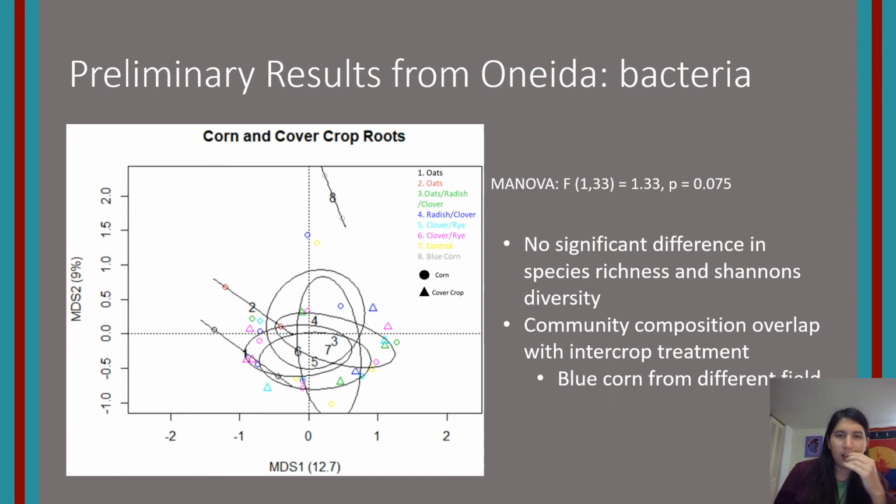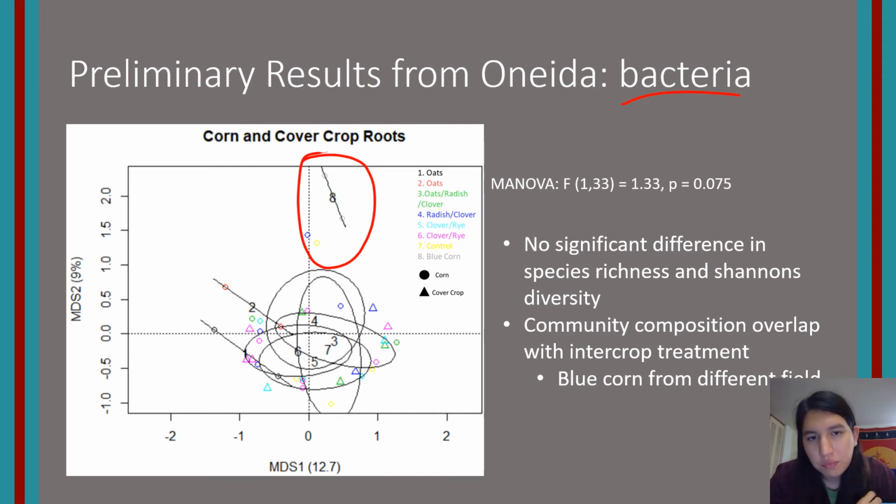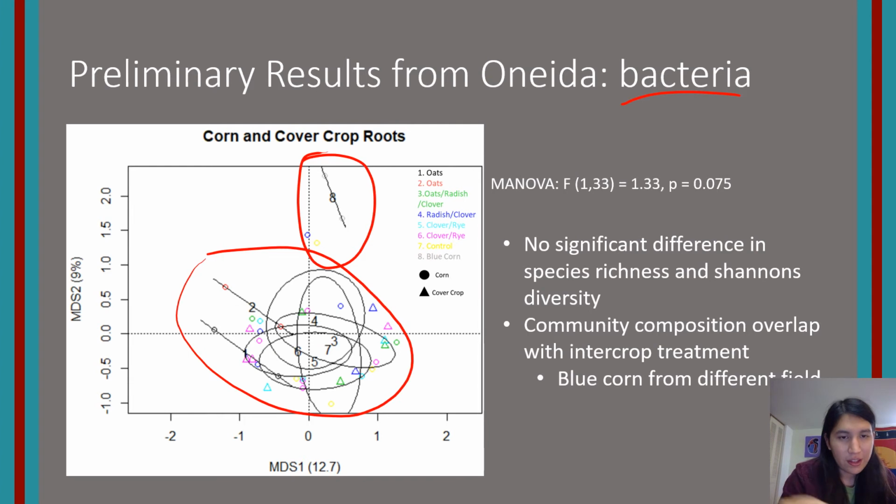and so that was for fungi. This is for bacteria data. So it's something that also helps gauge and read these plots. Right here is number 8. It says those 2 gray dots. Those are some blue corn samples from a different field nearby, and like I said, if it's different, it's further away, it's more clustered further away. So this makes sense, why this is so far away from these right there. But again, we do see a constant overlap, meaning that there's no real difference in the community compositions.